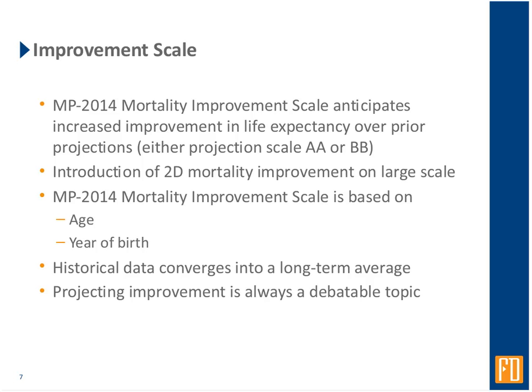And so the idea here is that we're going to reflect generational improvements in mortality. Mortality improvement has not been static and has not been uniform, and so the idea behind this more sophisticated projection is to try to capture some of those trends more accurately. So this improvement scale is kind of using historical data and it kind of converges into a long-term average. Now, for the projection scale, obviously, we're trying to predict what's going to happen into the future, and there can be many different valid opinions on that.